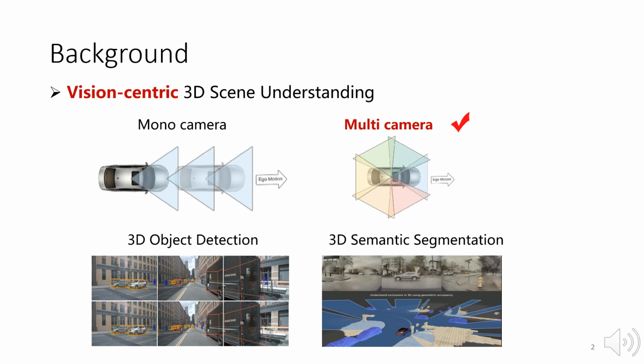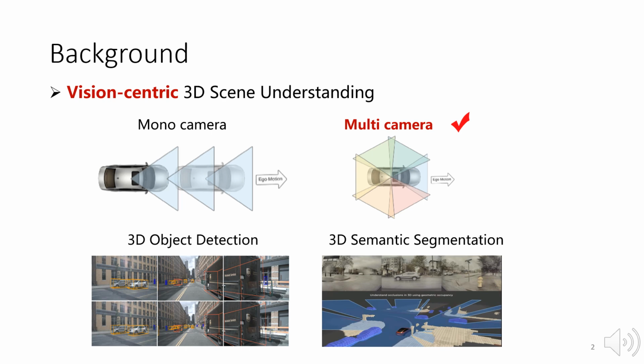In the past, 3D object detection based on monocular cameras often performed poorly due to challenges in depth estimation. However, recent advancements in 3D object detection based on multi-cameras, leveraging the fusion of different views and spatiotemporal information, have led to significant performance improvements. As a result, there has been a surge in research on 3D object detection and 3D semantic segmentation based on